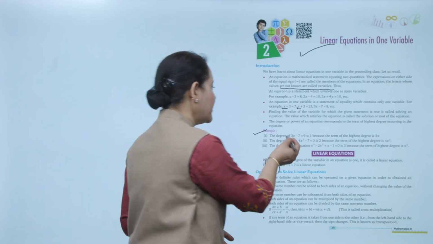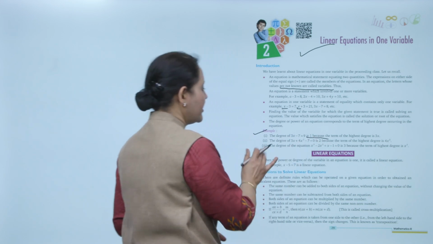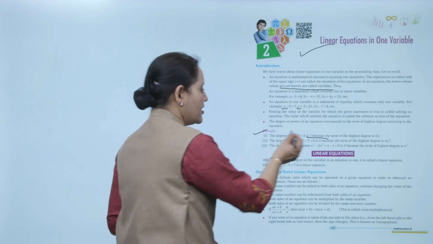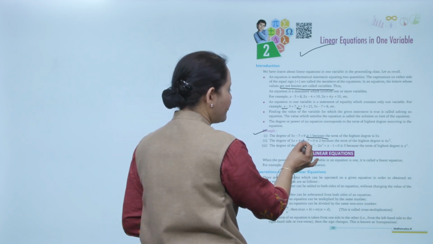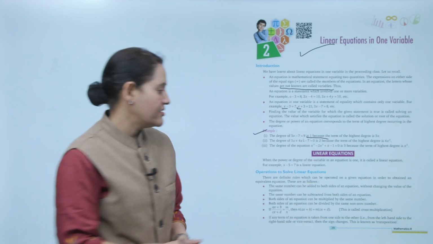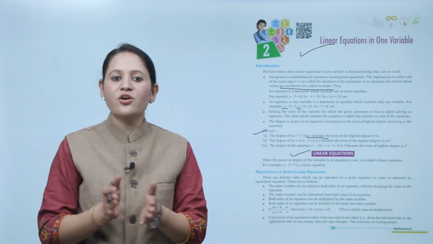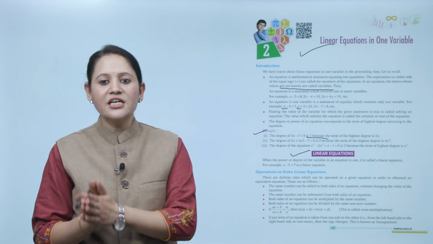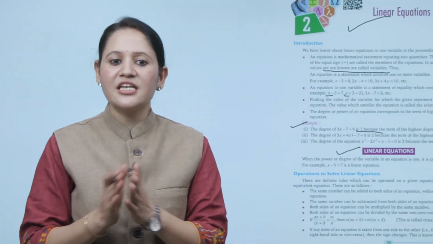Because जो वेरिएबल की जो हाईएस्ट डिग्री है दैट इज 1, सो डिग्री क्या हो जाएगी 1. द डिग्री ऑफ 3x प्लस 4x स्क्वायर माइनस 7 इक्वल्स टू 0, सो डिग्री इज 2 बिकॉज द हाईएस्ट पावर ऑफ वेरिएबल इज 2 हियर. क्लियर? नेक्स्ट, लीनियर इक्वेशन. When the power or the degree of the variable in an equation is 1, it is called a linear equation. For example, x minus 5 equals 7 is a linear equation.